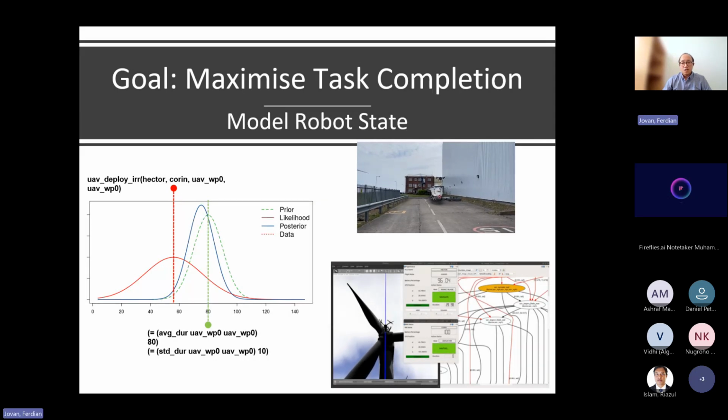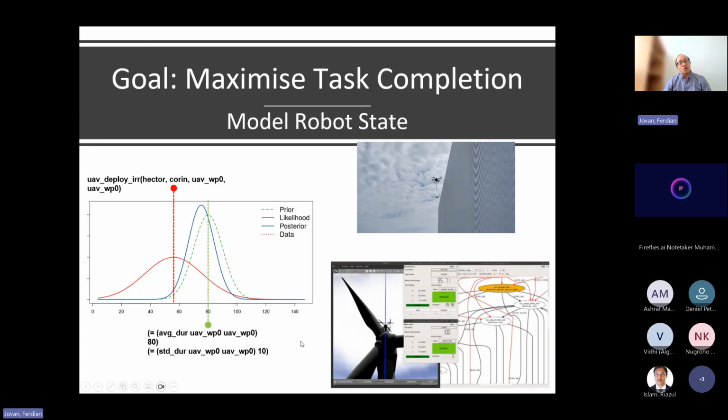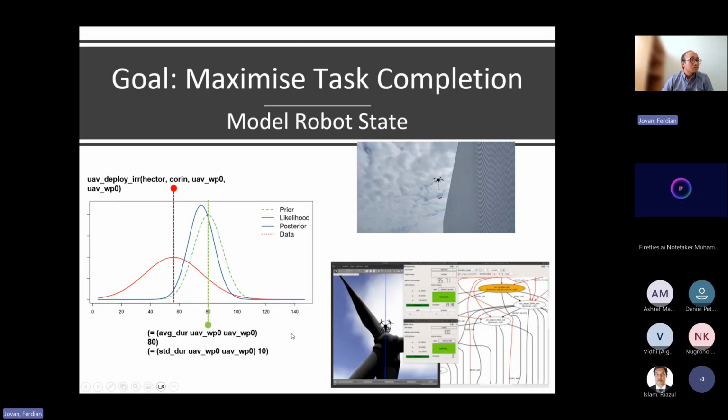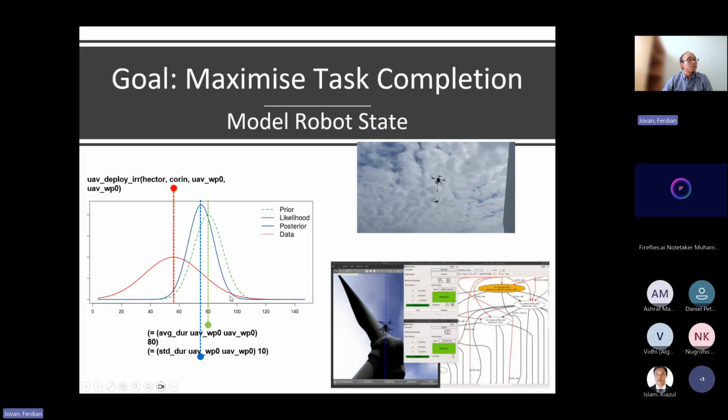Then using a Bayesian filter in combination with a conjugate prior, you don't need to do any fancy calculations. These are closed-form equations that you can do automatically, with conjugate priors, to get a new estimate, the posterior distribution.